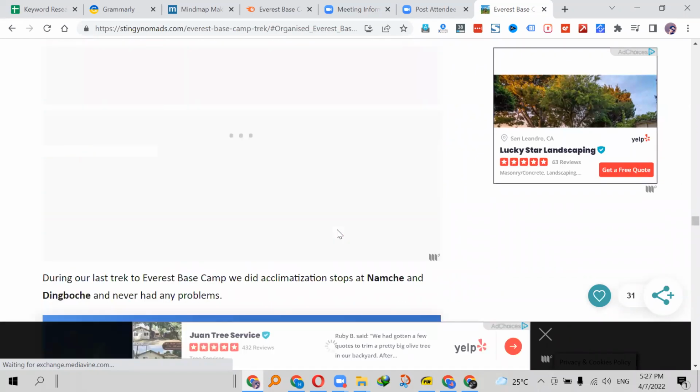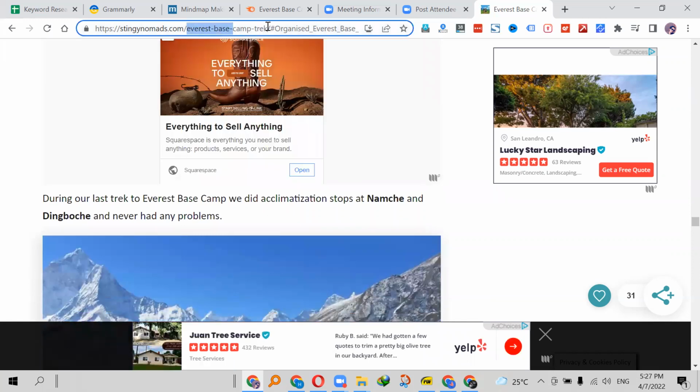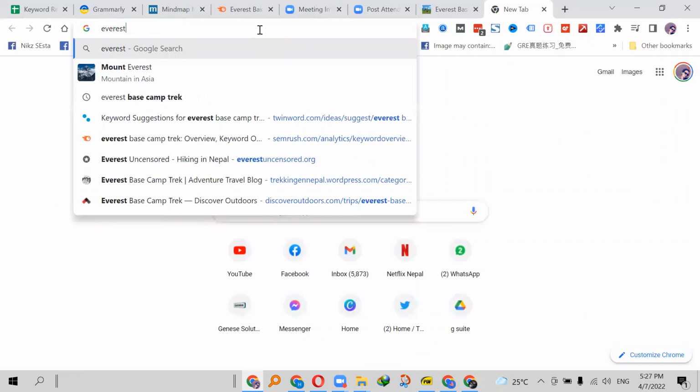Why? Because Everest Base Camp Trek is a competitive keyword, and the guy has researched all the competitors who are ranking on Everest Base Camp Trek, and he has sorted what kind of content length is ranking on the first page. Let's just say if I type in Everest Base Camp Trek in Google through Nepal,